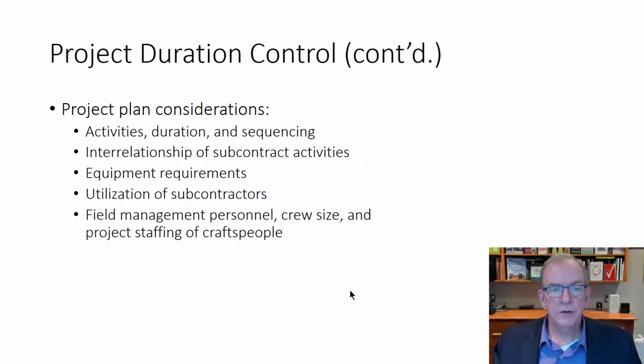Project plan considerations. In the planning process, we have planning, scheduling, and monitoring and control, right? So I usually just say planning, scheduling, control, which includes monitoring. We have to know the activities. We have to break them down, do a work breakdown structure so that we understand the activities that are involved